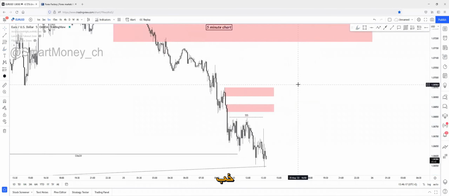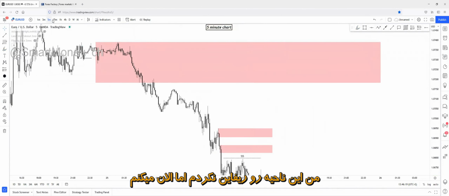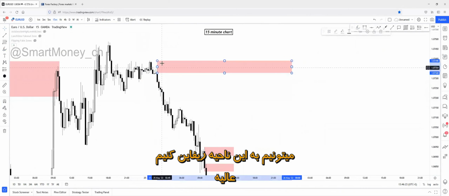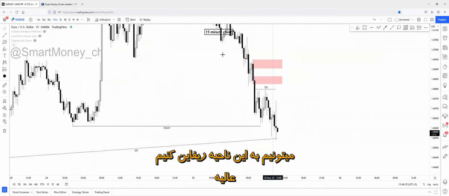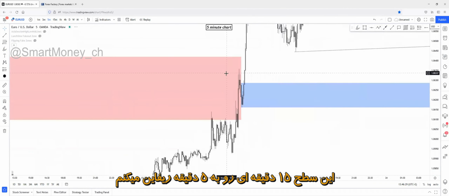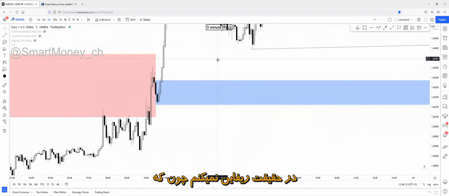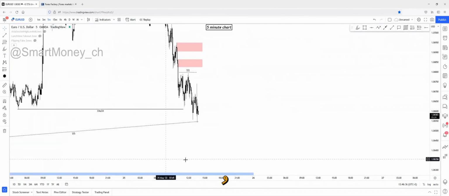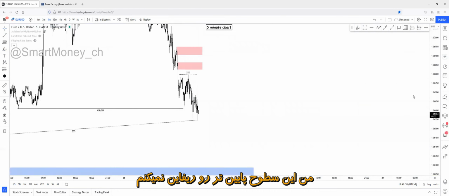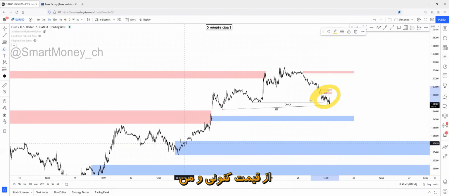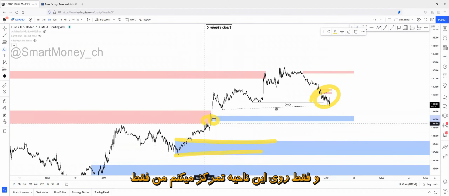Okay, so I didn't really refine this zone, but I will. On the 4-hour chart, we can refine this to this zone. Perfect. And I will refine this 15-minute zone to a 5-minute zone. Actually, I won't refine because it's clean on the 15-minute chart. That's all. I won't refine these deeper areas because these are too far away from the current price action, and I don't really care about these zones right now. I'm only focusing on this zone.